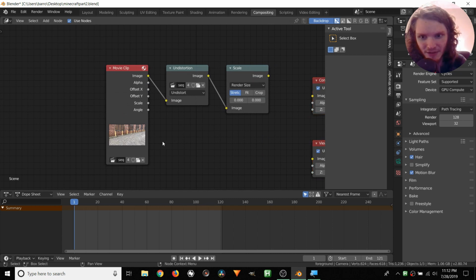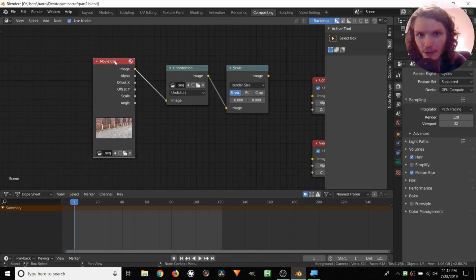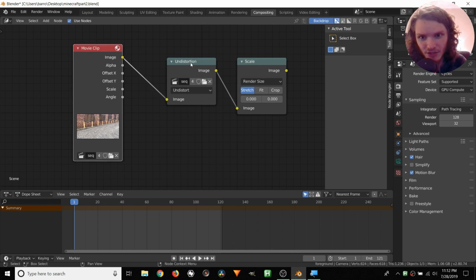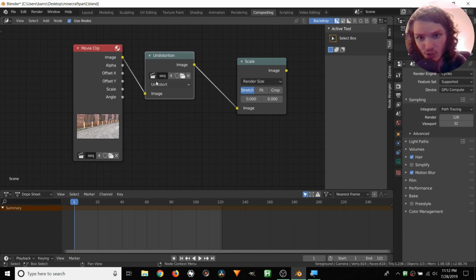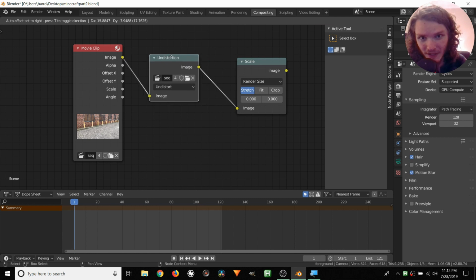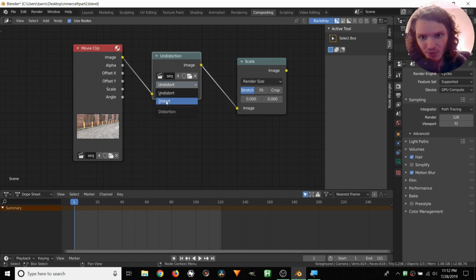And what we have right now, this is our current setup. We have this movie clip, which you can think of as our image sequence. So this is what we inputted. This is what we ended up tracking and doing a camera solve in. So it takes this footage as a node and it undistorts it. It goes into our undistortion node and it gets rid of the lens distortion. We can add more distortion, but we wouldn't want that. So we're undistorting it.